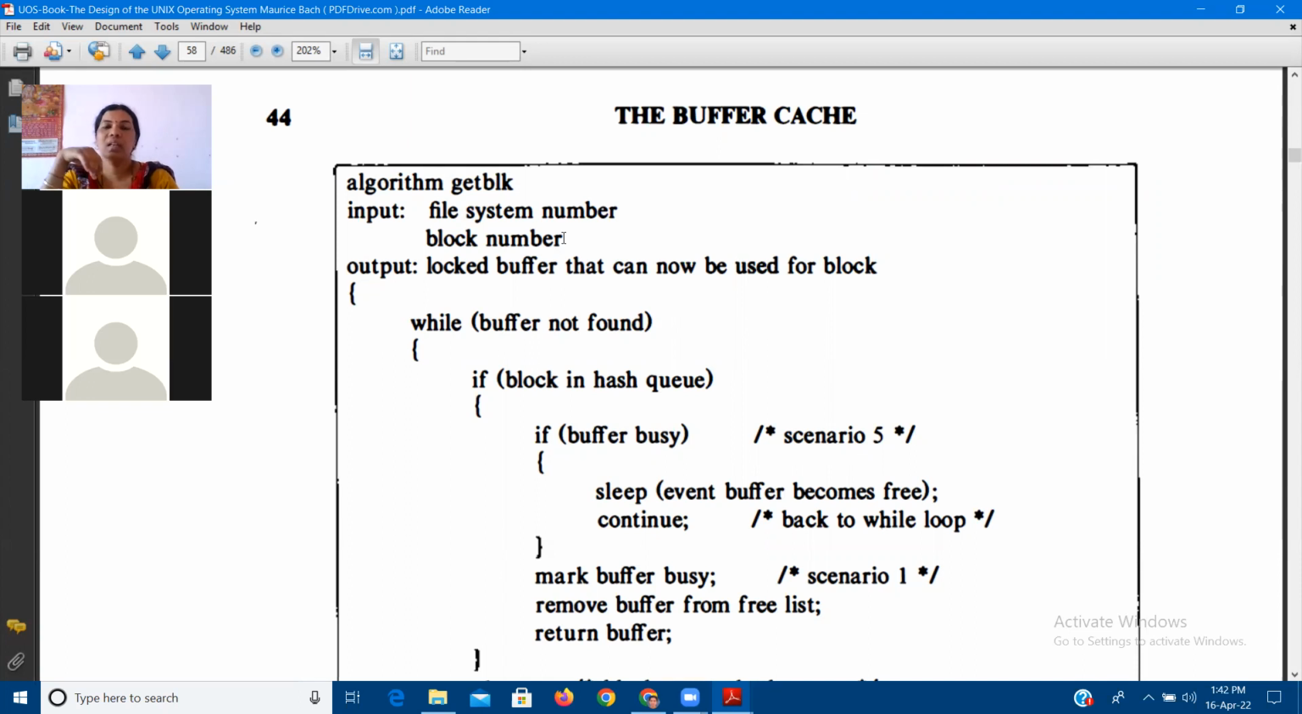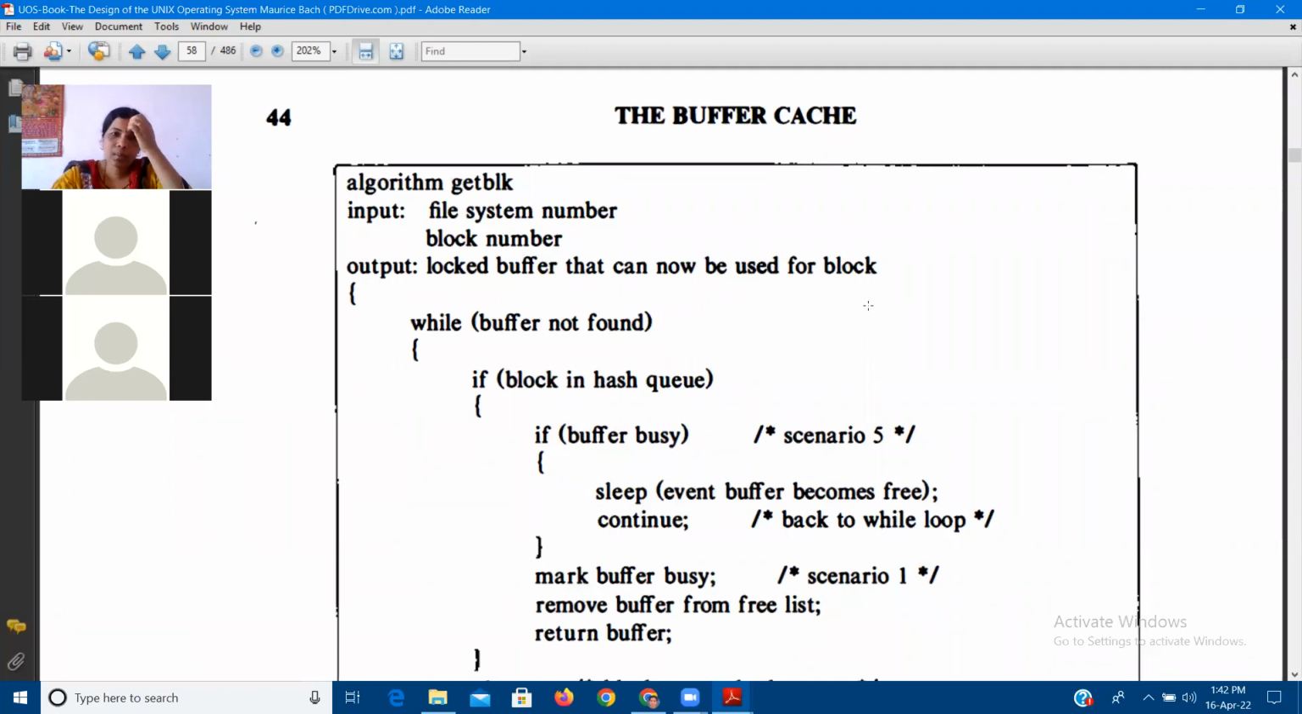So like in the scenarios, we gave names below that diagram. Search for block number 4. For example, search for block number 4. So that 4 will be given as an input. So block number is given as an input. So 2 numbers are given as input to this algorithm. The name of the algorithm is getblk, and the output of this algorithm is a locked buffer that can now be used for